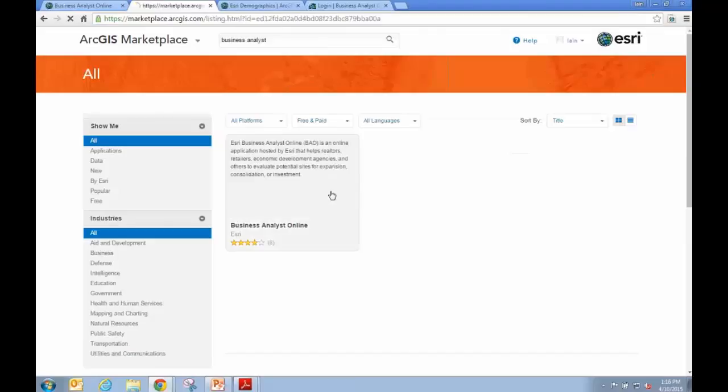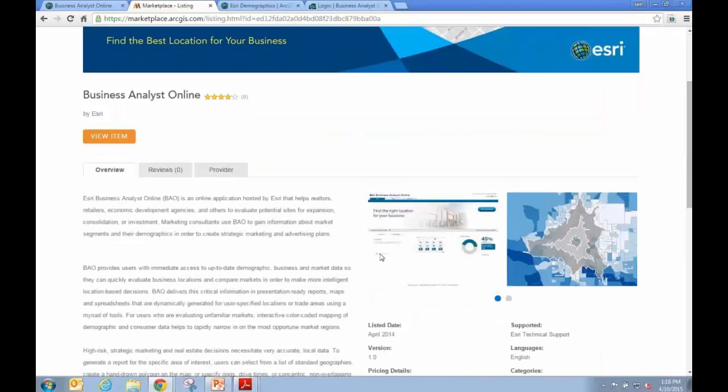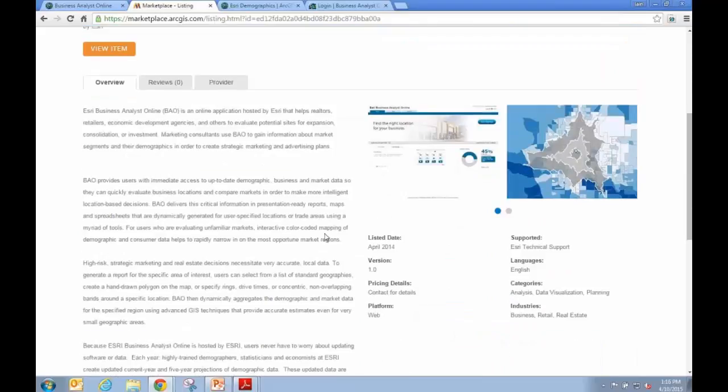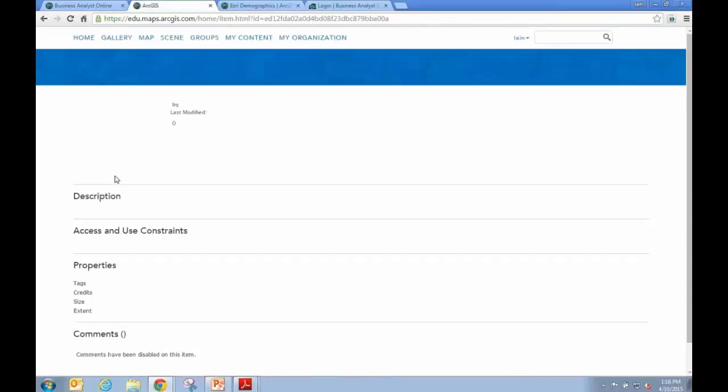So the application shows up here. I can click on it, read a little bit more about it. I can even click on View Item. Now, the item itself